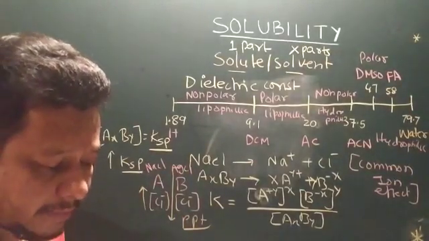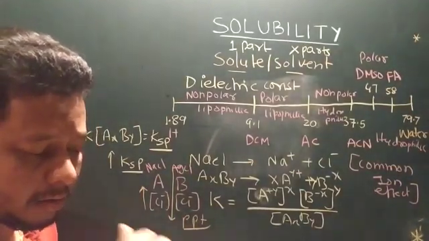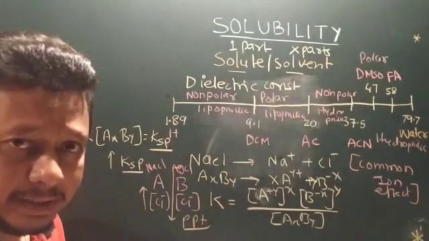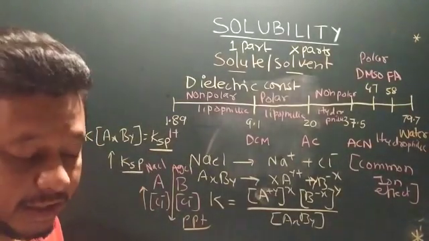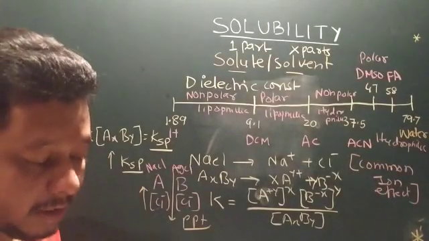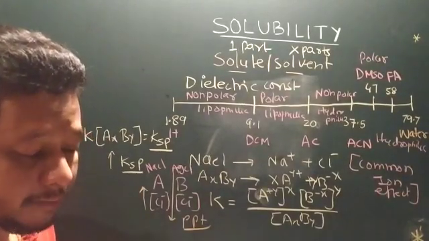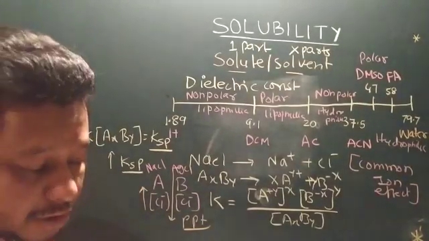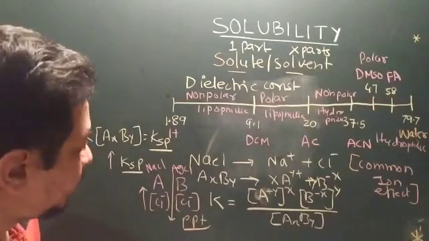Now, if you decrease the particle size, it increases the surface area and increases the solubility. Now there is a Van 't Hoff equation which relates solubility equilibrium constant